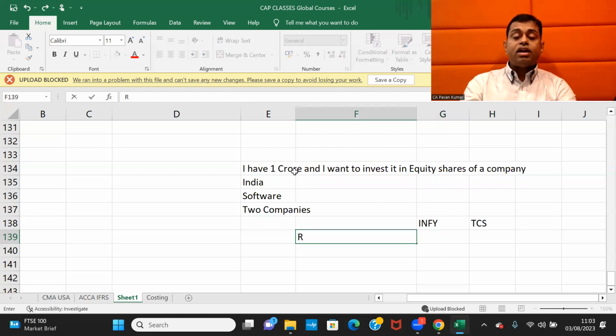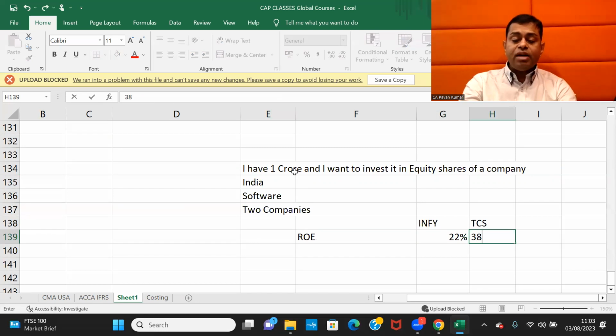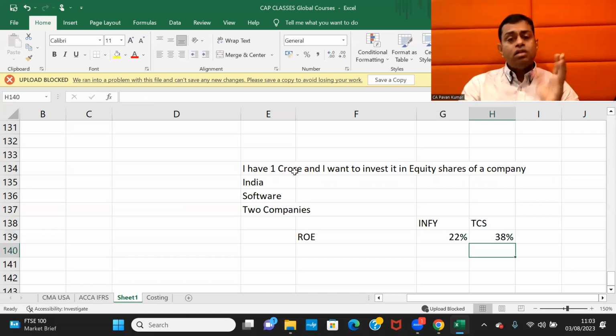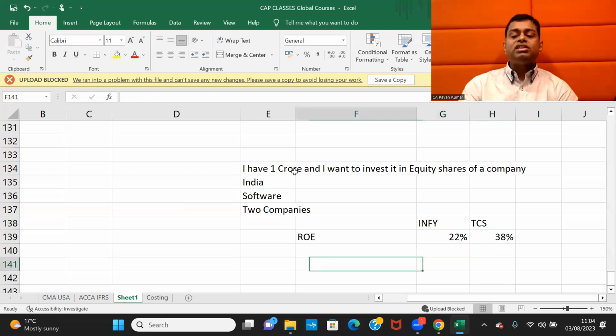Now you calculated return on equity of Infosys and TCS. The return on equity of Infosys is 22% and return on equity of TCS is, say, for example, 38%. These are not actual rates. These are hypothetical numbers just for classroom purpose. Now you tell me, you do not have any strong knowledge in financial management because you are a beginner. You started learning FM just now. But not with your FM knowledge, use your common sense and tell me,